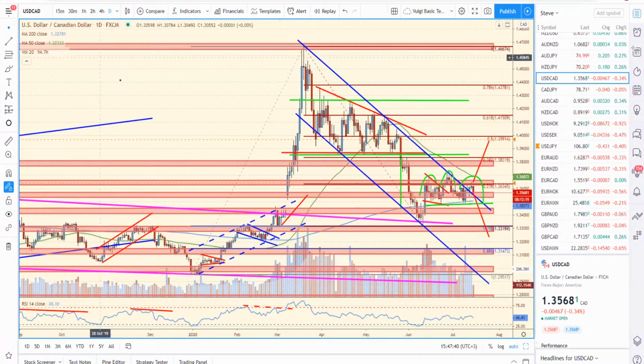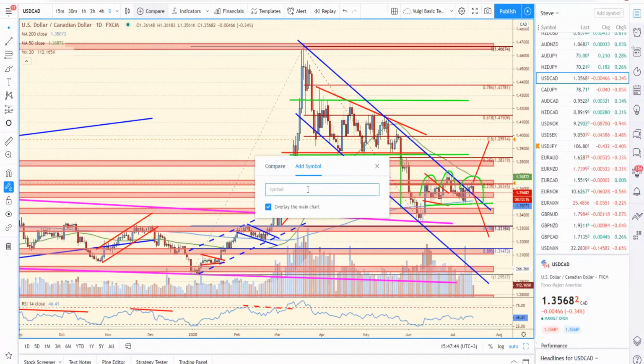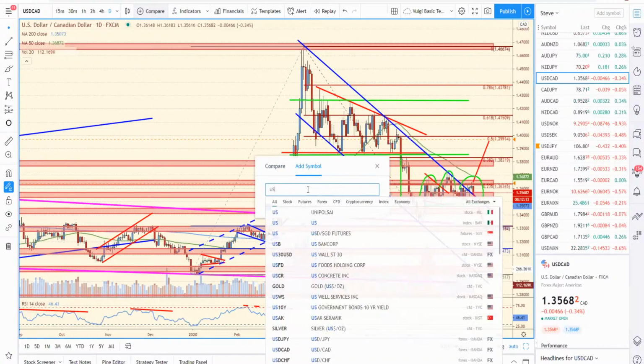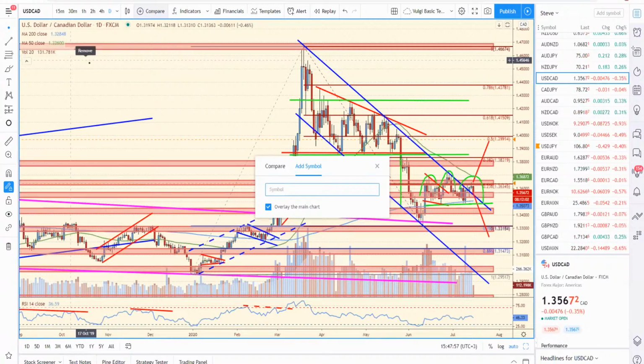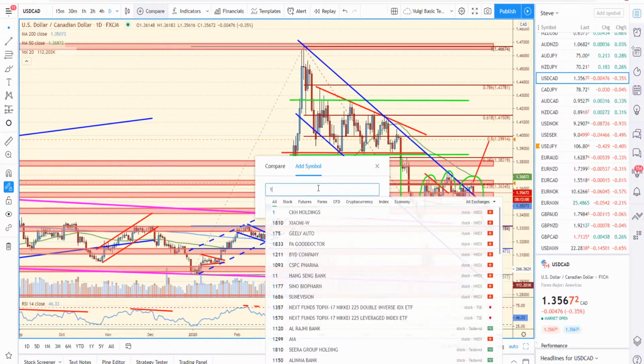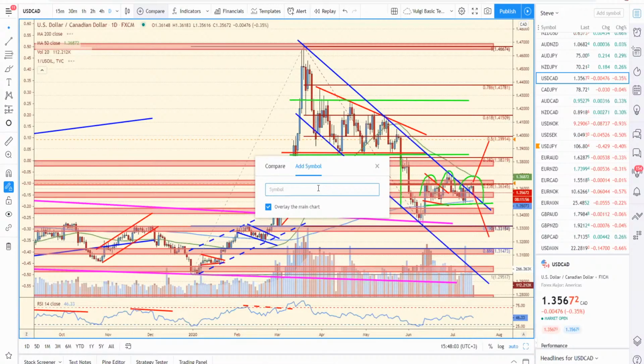So you'll see that, despite the relationship not being extremely strong, still, if we overlay, sorry, I made a mistake here because I should have actually overlaid the inverse of US oil. So if we overlay the inverse of US oil,